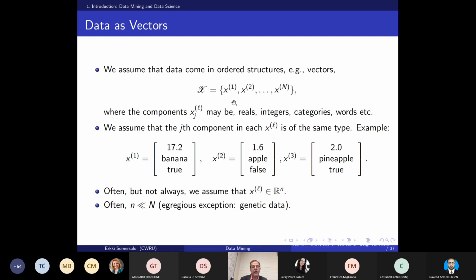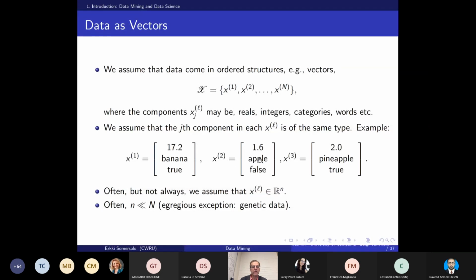And those vectors x have components. Those components are often referred to as attributes. So you have different attributes that you have collected in your vectors. And those attributes need not be reals, although they often are. So we are trying to use quantitative methods, and quantitative methods are heavily using ideas from linear algebra, for instance, where you prefer having the attributes to be real numbers, but it may be something different. So here is a fictitious example.